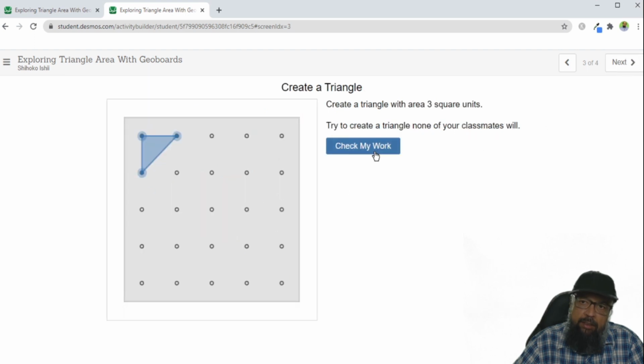Then in the next question, they have to create a triangle which has area equal to 3 square units. And now as a student, I can stretch these and then in this direction as well. And now I can calculate that 3 is the perpendicular and 2 is the base. 3 2s are 6, and the area will be half of 6, which is 3. So I think that this is correct. So what I can do is, I can click on this check my work, and I will get this. Area is 3 square meter and my answer is correct. If for example the area is wrong, I can try again.